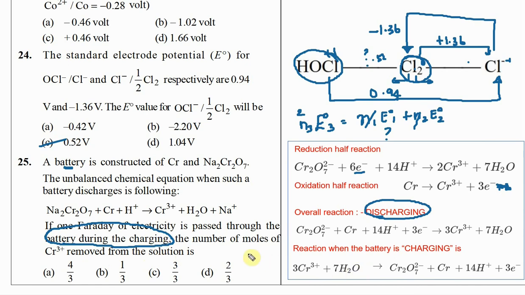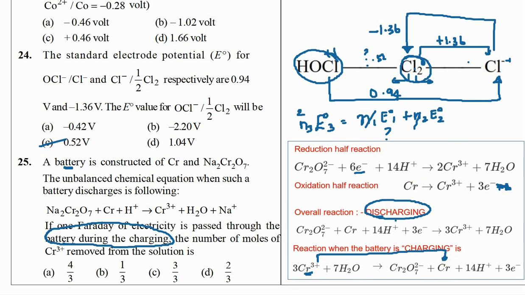Now, when you pass 1 Faraday, correct? So this is actually a very tricky one. They are giving you this, they are asking you this, how much of this is removed? So as I keep charging it, this is being removed, correct? Now how much of this is removed? Now when you take chromium 3+ going to chromium, correct? So when I pass the current, 1 Faraday,